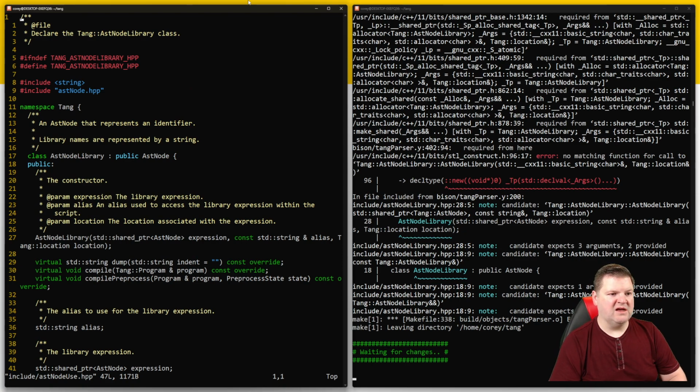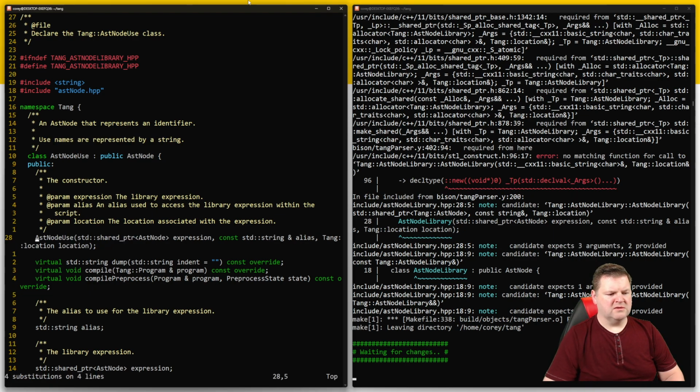Okay, that's a lot of stuff. This is AST node use, but it thinks it's library, so let's change some stuff, shall we? So library to use. Library to use, and